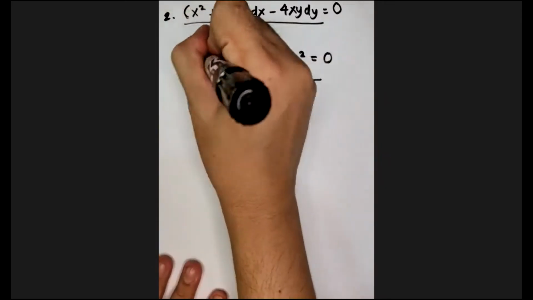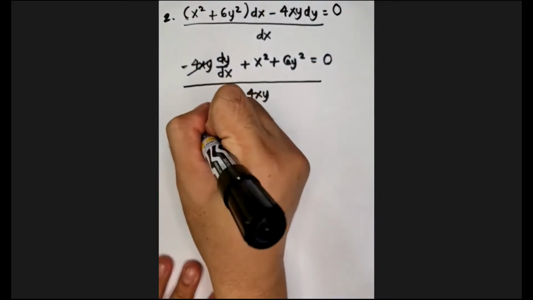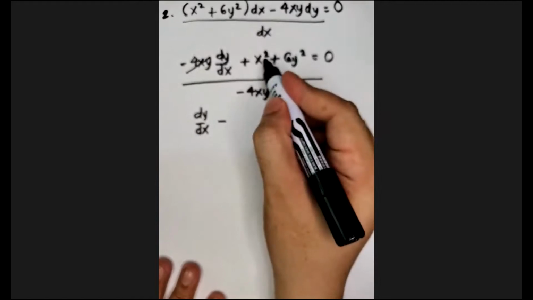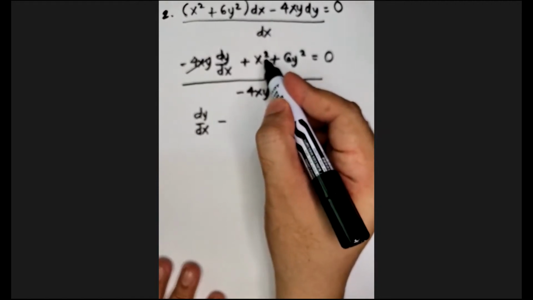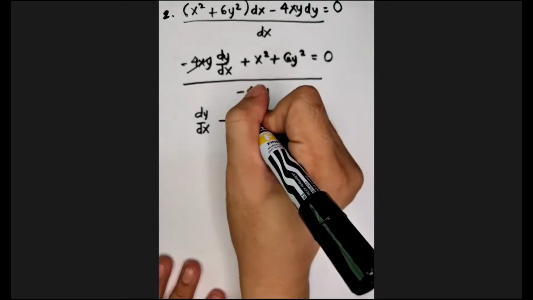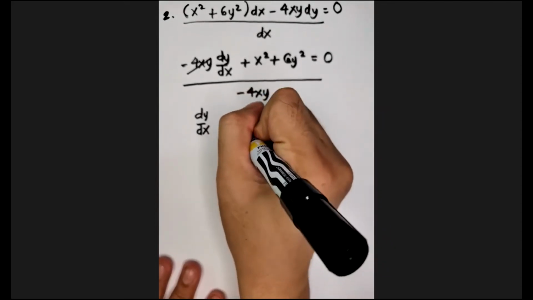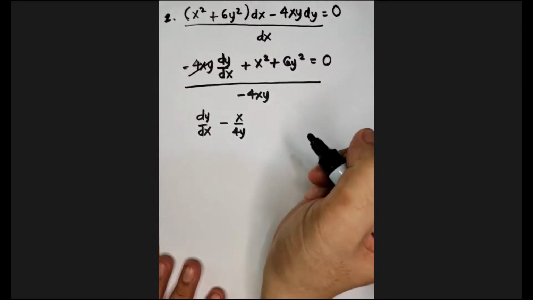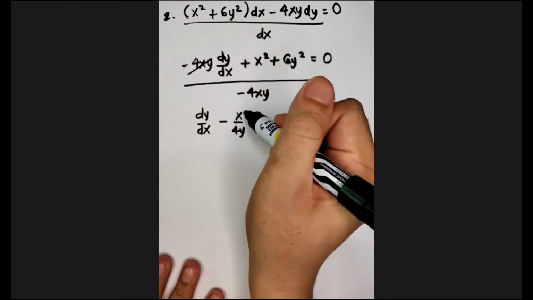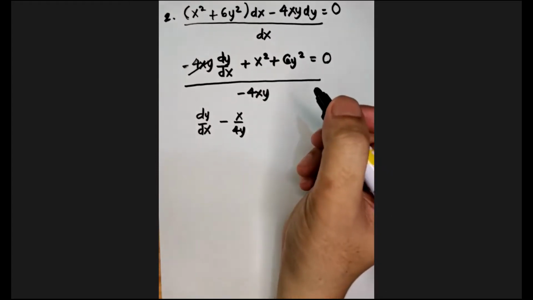Okay, so para makancel ito, so meron tayong dy over dx minus. So ito ay magiging x over 4y. Tama ba ako? Cancel yung x tsaka yung isa. So x, negative x over 4y